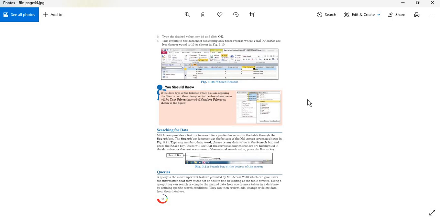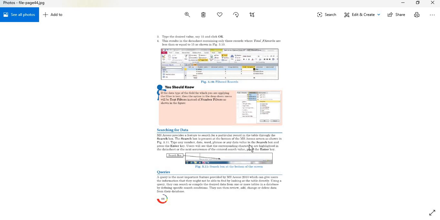And I will request you, whatever I'm teaching, just match it with the book and go through it, and even practice it if you have a computer at your home. It is a fun thing. Studying Access, knowing about Excel, which you have already learned in class 7, is a very important thing and fun as well. Not like other chapters or other subjects, right? So it's my request, do not lag behind. Just go to the chapter, go with the pace I'm going through.